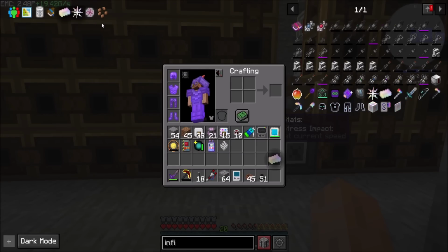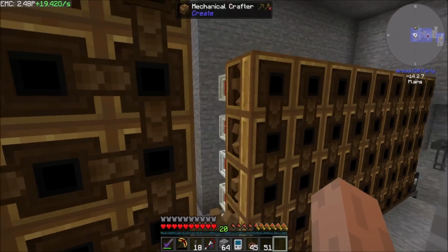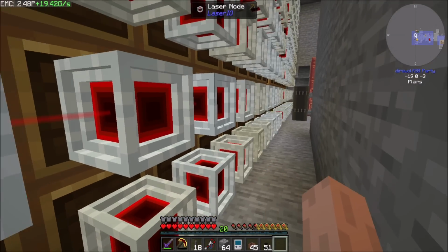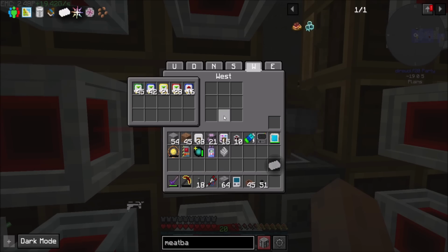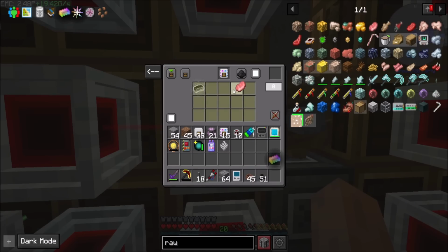Let me do that. Let me look at the meatball recipe, because that should be pretty easy to move. Right, what I'll do is, I'm not sure what it is, but all I have to do really is do raw, is that pork chop first,